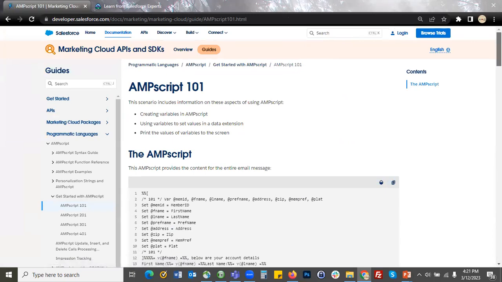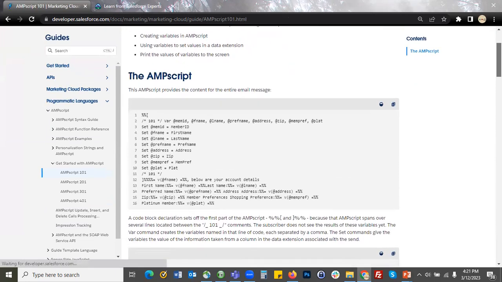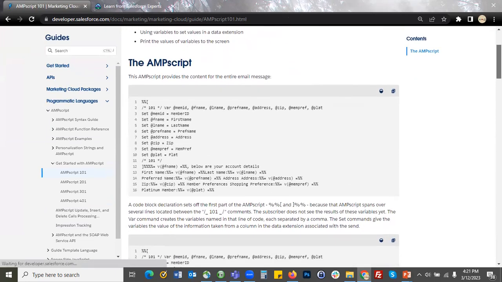So we have some basic details like what is AMPscript, how to use it, how to declare a variable. This is a sample code snippet used here for member preference, zip code, address, all these things, which can be used in your email and you can test it. As I told, I would say Cloud Page is the best place to test AMPscript and SSJS.